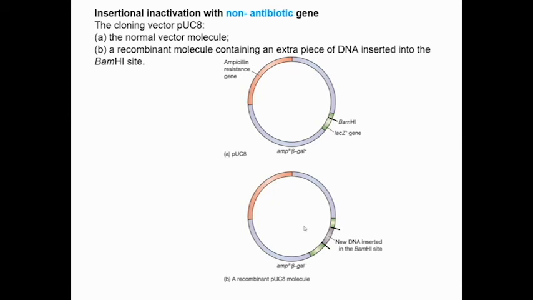Number two is cells that take up the original vector DNA. Number three is cells that take up the recombinant DNA. In order to distinguish these three populations,